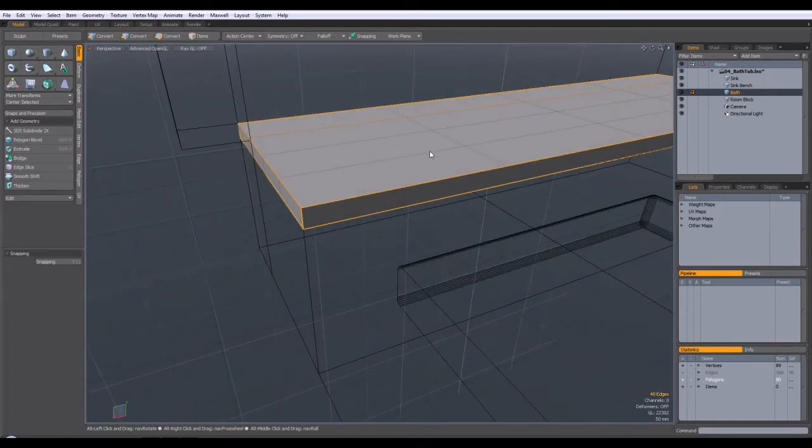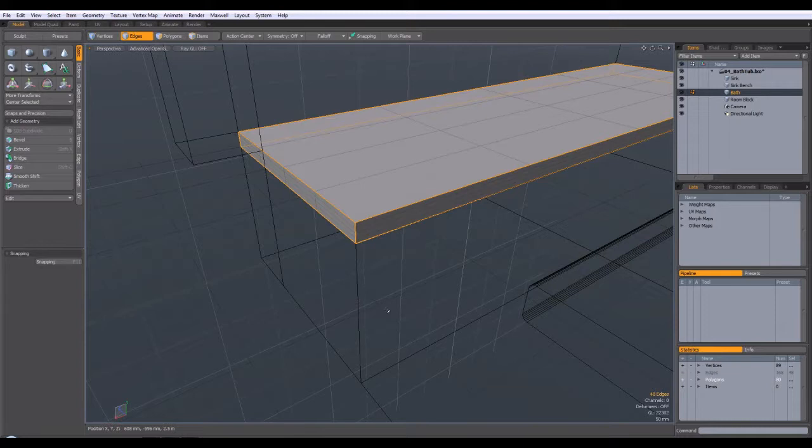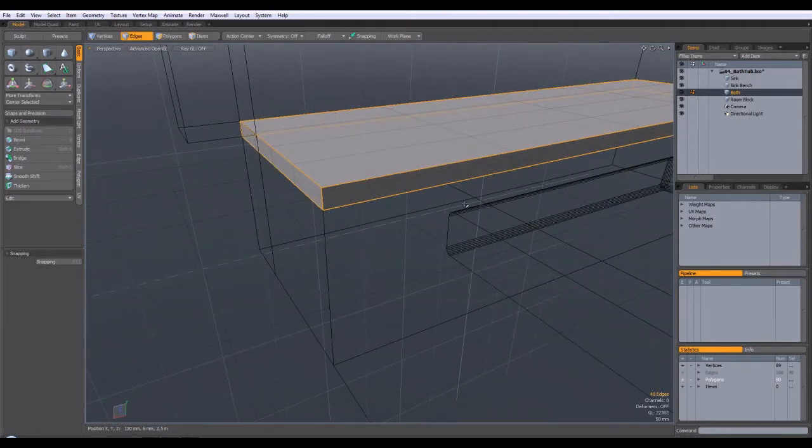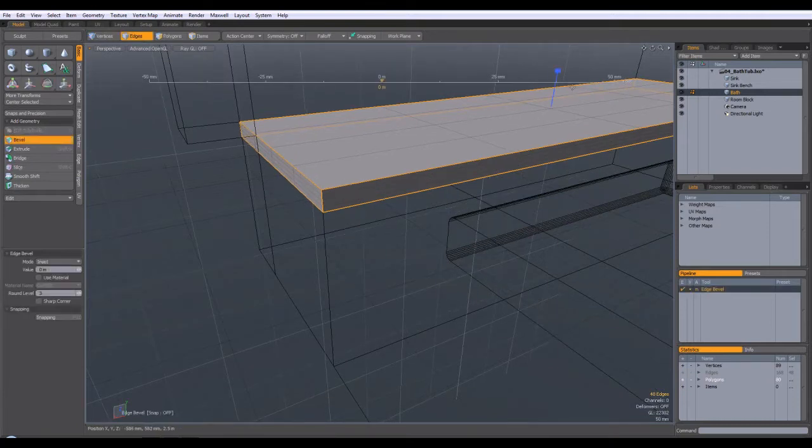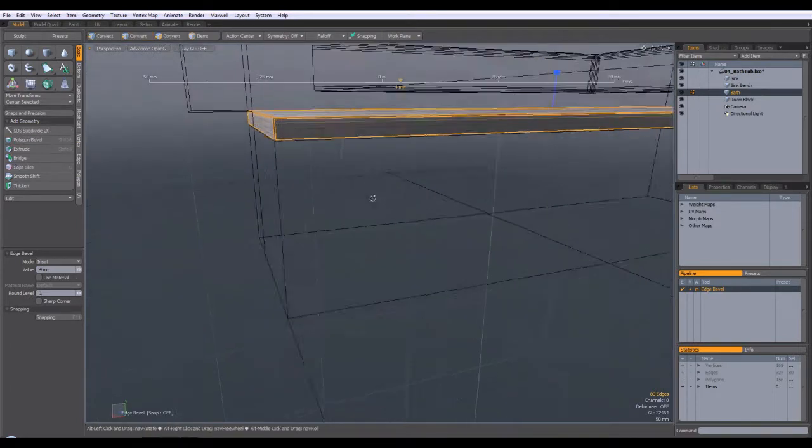Now this needs to be quite square, even though this would be sitting in this stone base, so we can ignore the fact that it should be square for now, because when you buy it from the shop, nothing is square in the real world, so this bath will have some sort of curvature on the edges. So we'll hit the B key, we're going to bevel it, and I'm going to bring it in a wee bit, nothing too drastic, and I'm just going to add the one